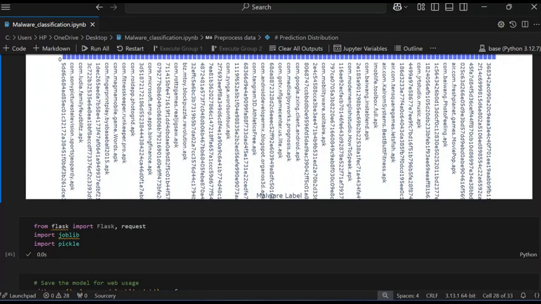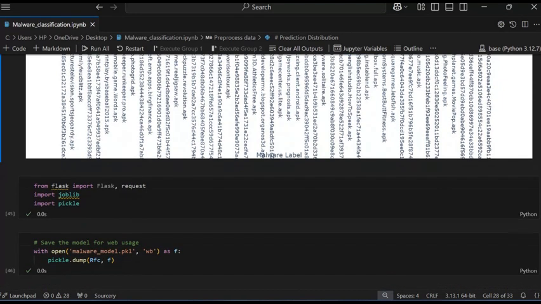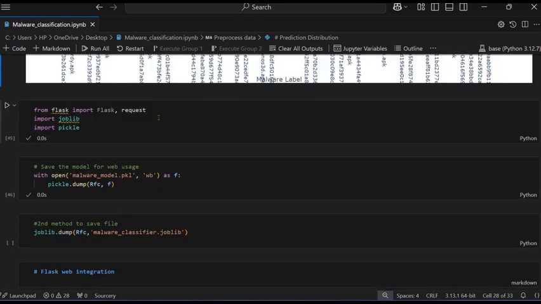Now the next one is the web integration. Now we are using Flask. Also you can use a virtual environment.